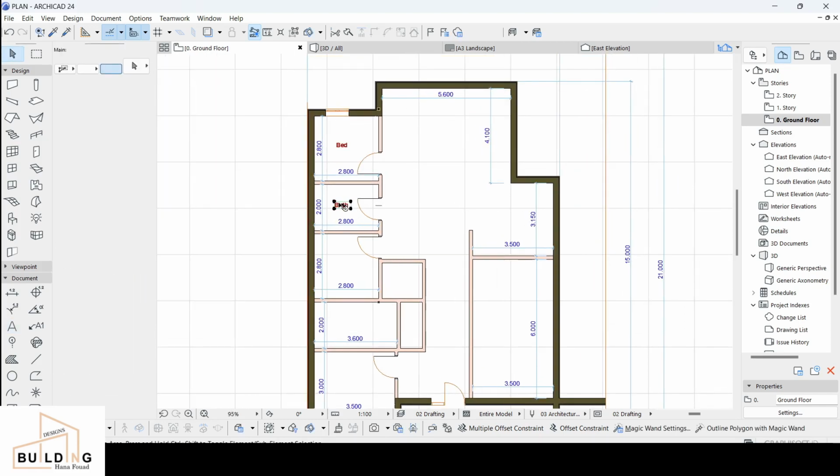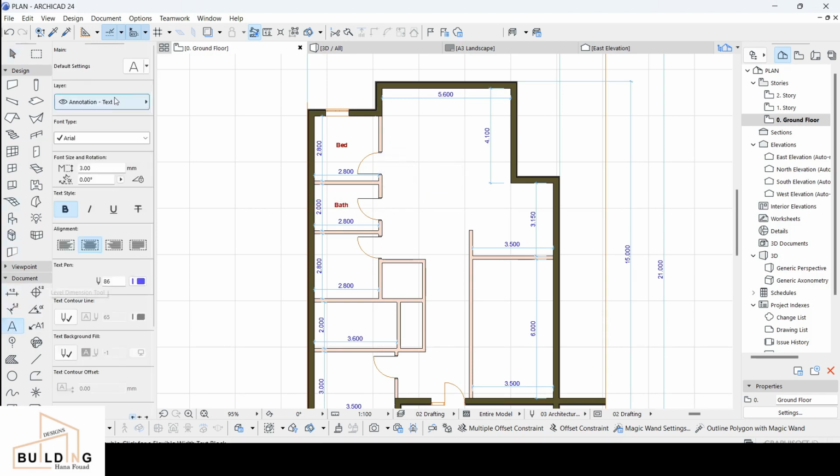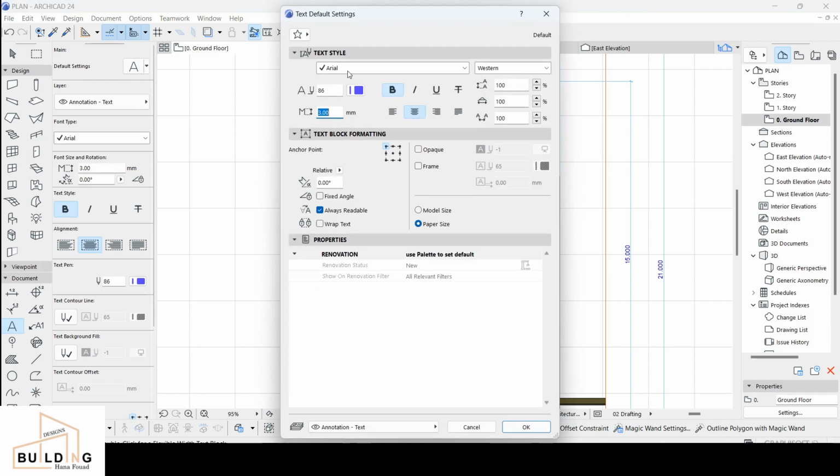You can do a copy, but if you want to go into details, you click on the text and you're gonna go here, you just find the paint, texture, the color and everything from here. It's gonna be easier for you. Just click it on here and then you will fix it if you want to have a fixed angle. And you can have different types of languages, you can type and click on it,